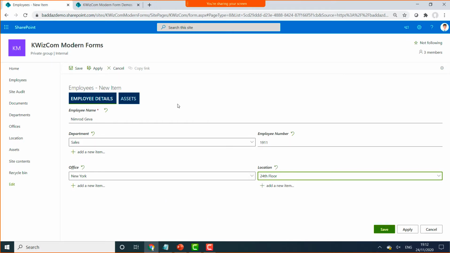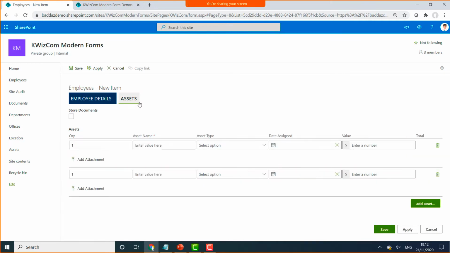Now, also one of the problems using SharePoint lists is you often have a lot of fields of information, so we can easily break that up across different tabs. So if I move across to the Assets tab, you see I have another section to my form now visible to me. And in this case, I've got rows of data. So that long existing challenge with SharePoint about how do we have and manage child rows, as I said, order lines, expense lines. In this case, it's assets, which a specific